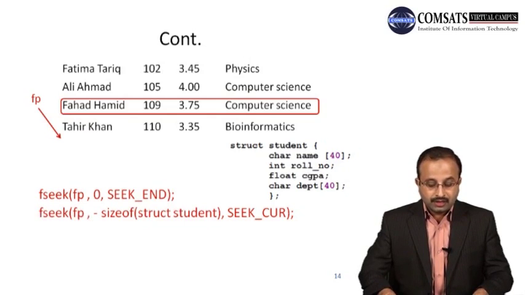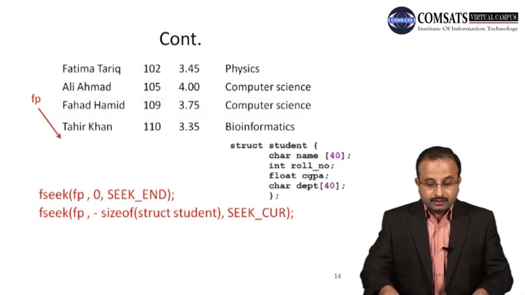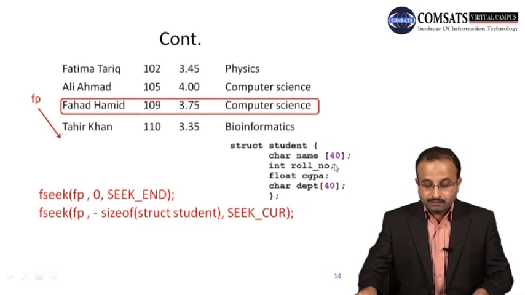Okay, so what is the size of one record? This is one record. And what is the size of the one record? That is the size of the struct student. And what is the size of struct student? It is 40 plus 40, 80 plus 4, 84 plus 4, 88 बाइट. So record का साइज क्या है? 88 बाइट है एक रिकॉर्ड का साइज. चाहे वो ये रिकॉर्ड हो, चाहे वो अली अहमद वाला रिकॉर्ड हो, चाहे वो फातिमा तारिक वाला रिकॉर्ड हो, कोई भी रिकॉर्ड होगा उसका साइज क्या है? 88 बाइट है. So this size of struct student will return us 88,